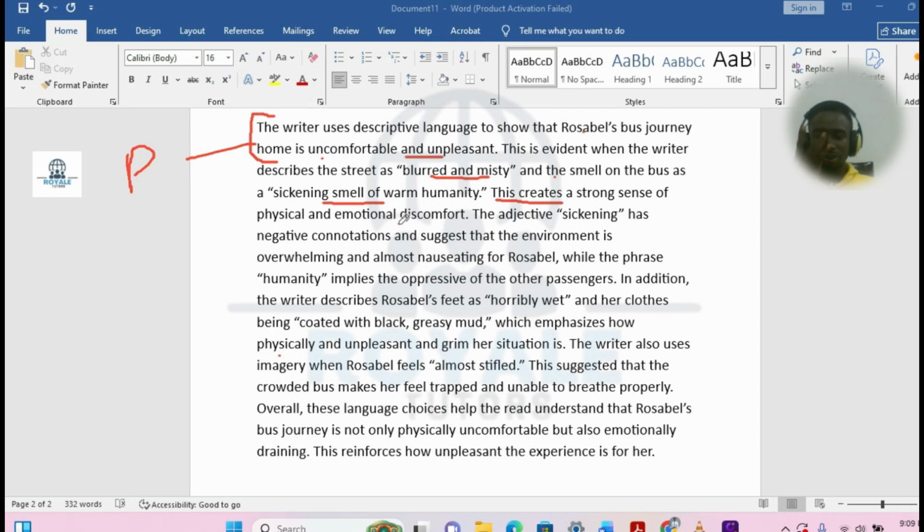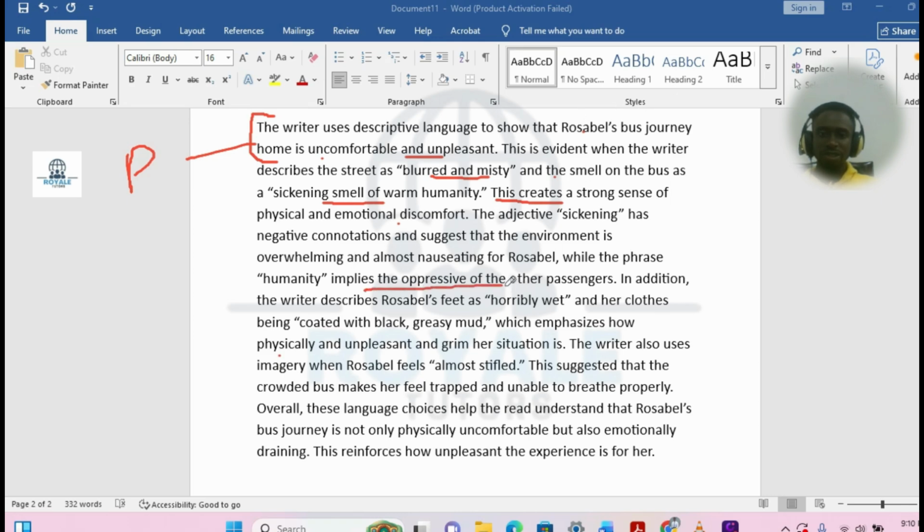That's an explanation. And then we bring up another piece of evidence to buttress the fact that Roosevelt's bus journey home is uncomfortable and unpleasant. So we have the adjective "sickening." Sickening has negative connotations and suggests that the environment is overwhelming and almost unsettling for Roosevelt, while the phrase humanity implies the oppressive